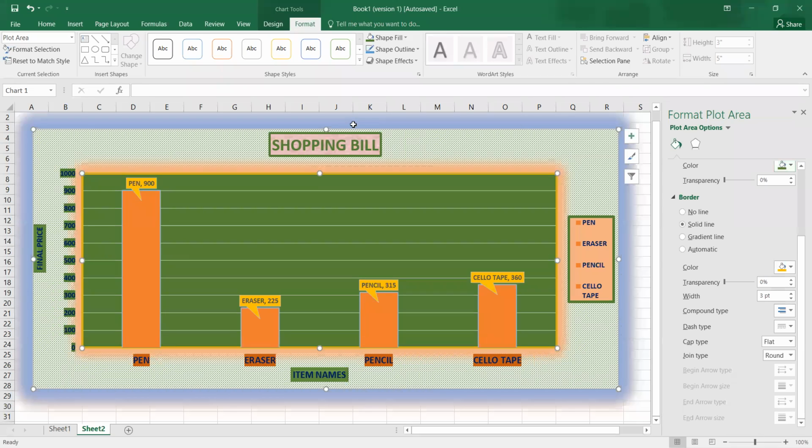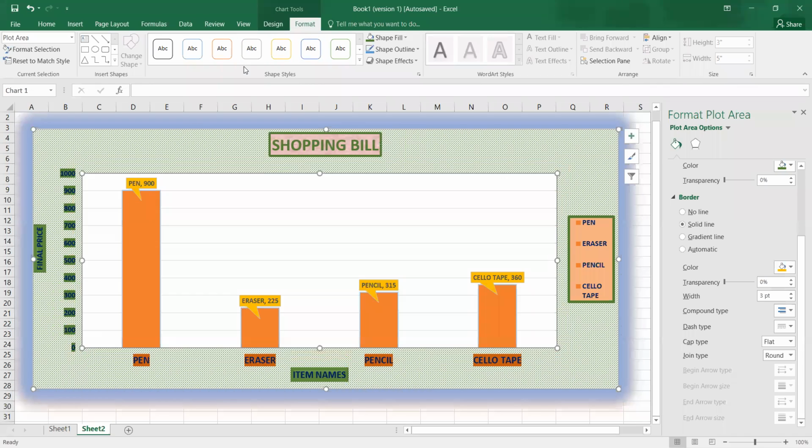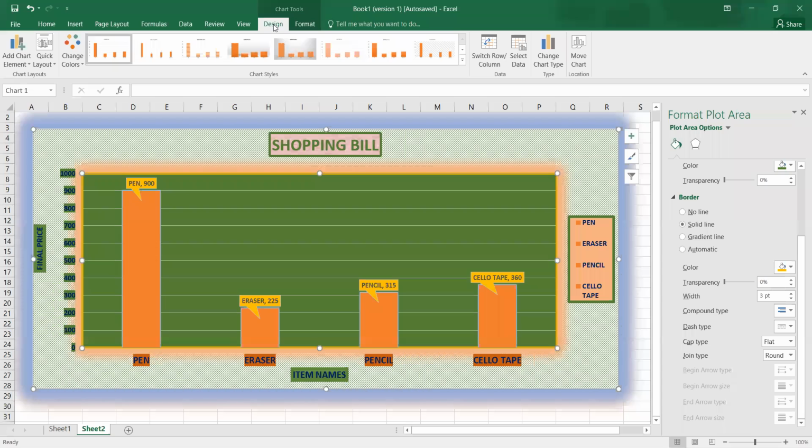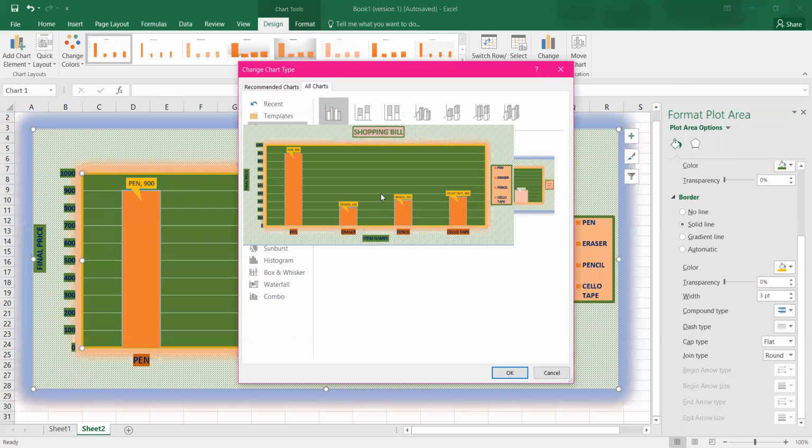So we have covered till page number. Now come on to your book. Page number 30, we have done. Page number 31, changing the chart type. This is the last topic we are left with. Changing the chart type, that is from the design tab. So you can change the chart type from here. This is change chart type.